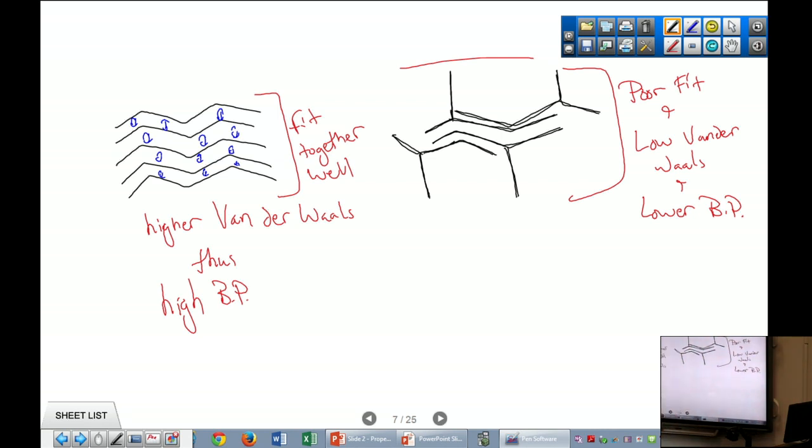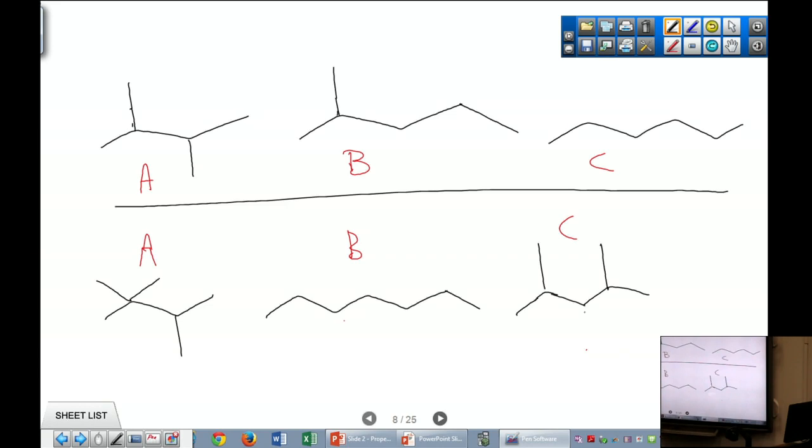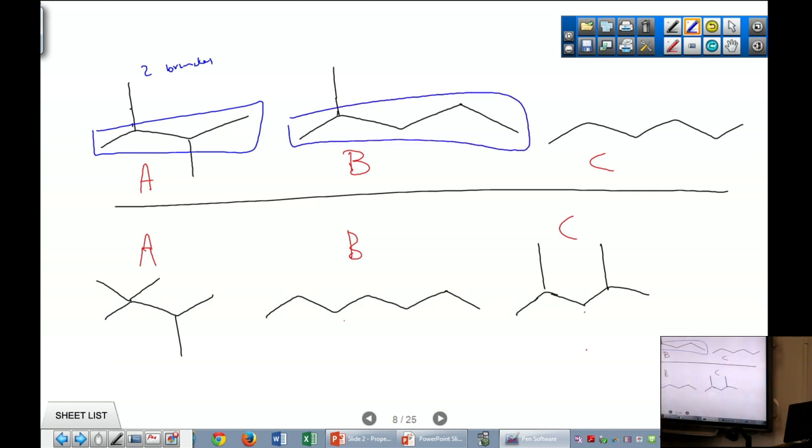Right? Let's do some examples. You can pause this and work through it, take your best guess at it, and then listen to my answer. All right, so I'm going to look at this. Here's my long chain. I have 2 branches. It actually says branches, I swear. I've got 1 branch. And I have 0 branches.